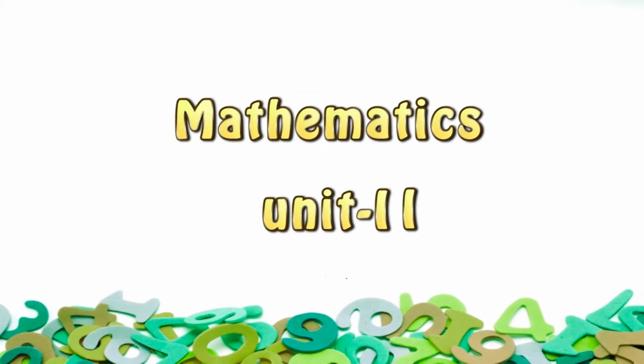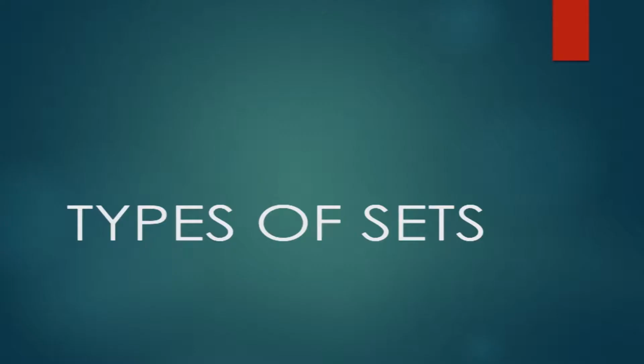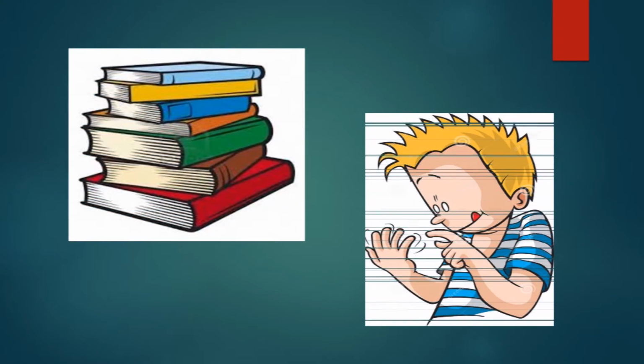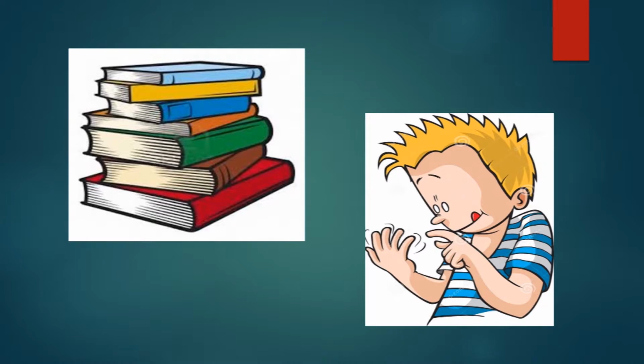As you are now familiar with the meaning and representation of sets, now moving further, today we will discuss the types of sets. The elements can be of one type, two types, more types, or we can say infinite types. Like if we talk about the subjects in a course, these are countable. But if we consider natural numbers, then these are infinite in number, as counting is endless. Let's begin with the types of sets.